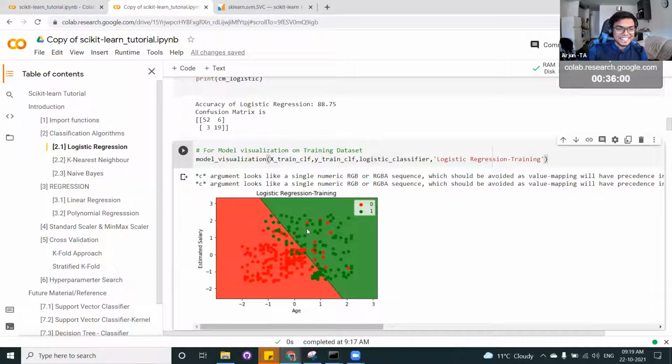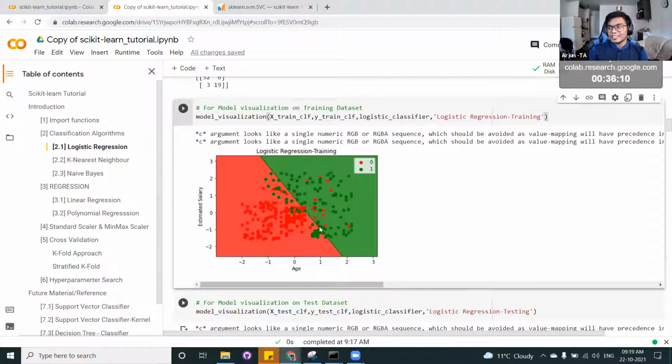Come on, it's an easy question. The fundamental assumption of logistic regression is a linear model. So whatever hyperparameters you use, it will always try to separate the classes with a linear boundary.